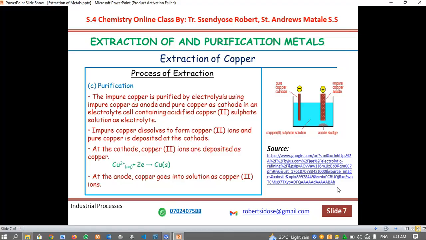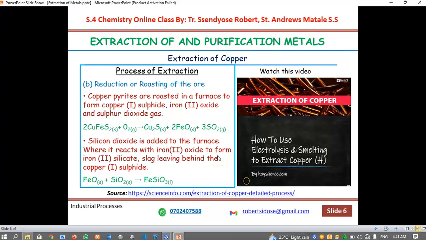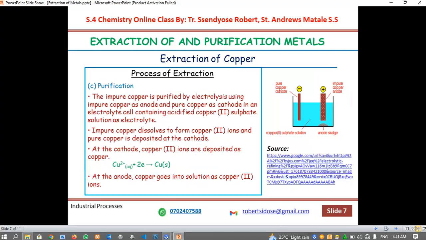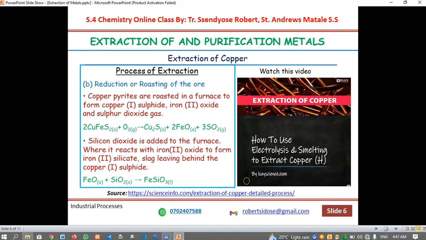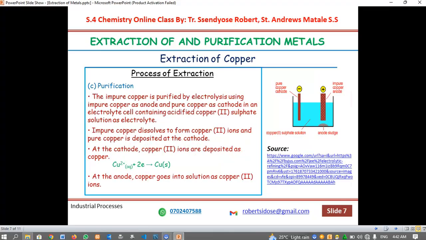Purification. Remember, the crushing and concentration process has been done. Then the reduction process has been done. But now we are looking at purification. What is purification? Remember, the reducing or frothing process was all about getting copper from the ore. But the copper we got from the ore contains impurities, and those impurities are removed by the purification process, where